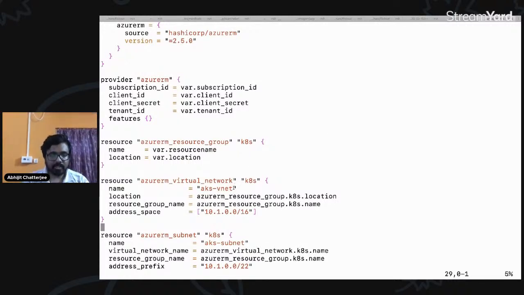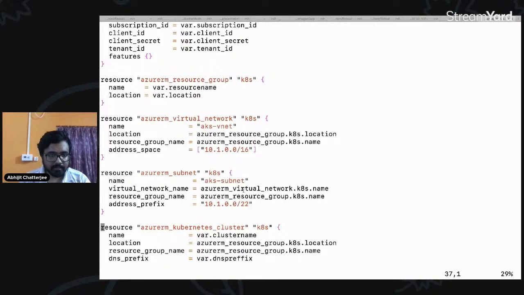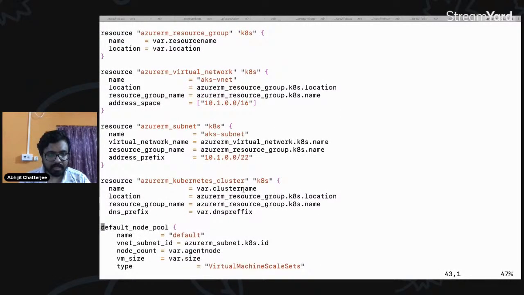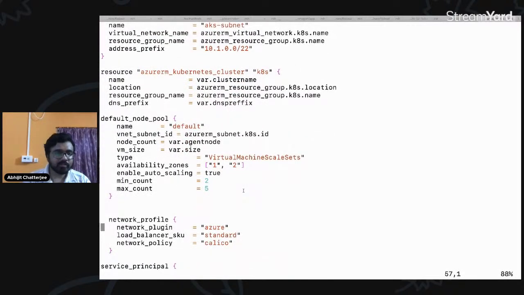I have hard coded the name here, but you can also set up a variable in the variables.tf, and you can keep the name there. And then it's very simple. I am also creating a subnet, and then comes to set up the Kubernetes cluster. In that Kubernetes cluster, I am creating a default node pool,